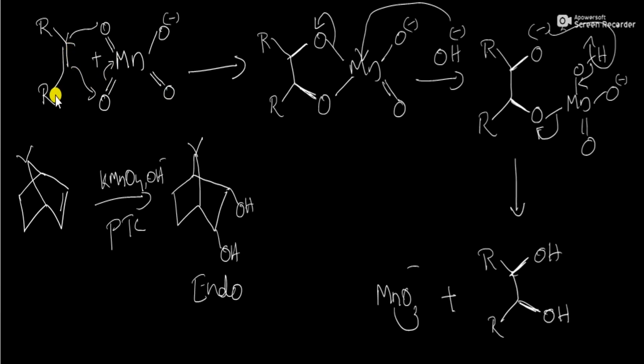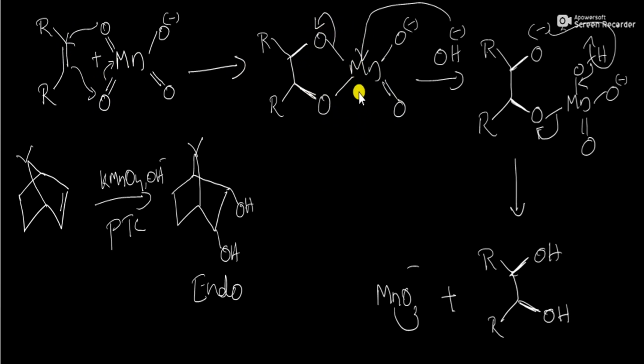This is our olefin. This is our KMnO4. This is MnO4 minus. This bond will shift to this carbon, and this double bond will shift to oxygen, and this bond will shift to manganese. It will be converted into this compound,